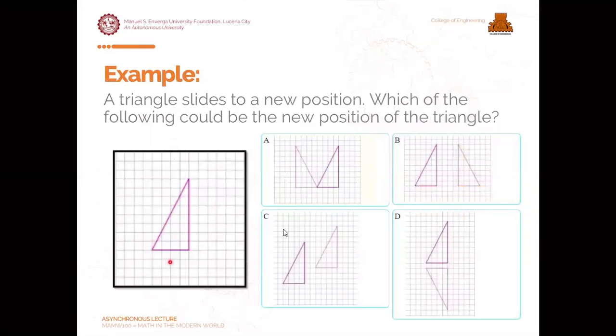So kung titingnan natin, kung gusto natin alamin kung ano yung size ng triangle natin, let's count. So we have 1, 2, 3, 4. So meron tayong 4 units dito sa baba. Then sa taas, dito sa side, 1, 2, 3, 4, 5, 6, 7, 8. So we have 8. Okay? So more or less, para makuha yung hypotenuse natin, again, ginagamit lang natin